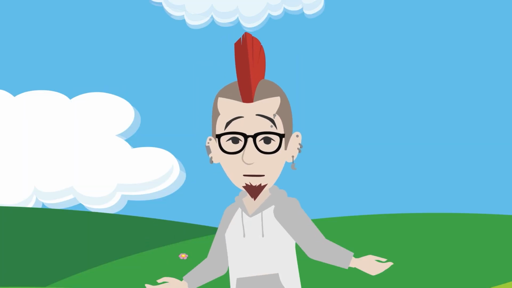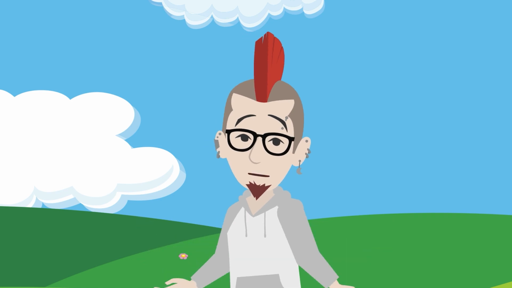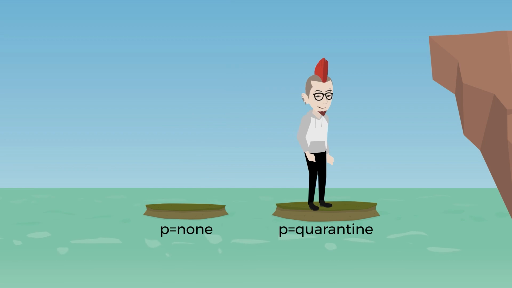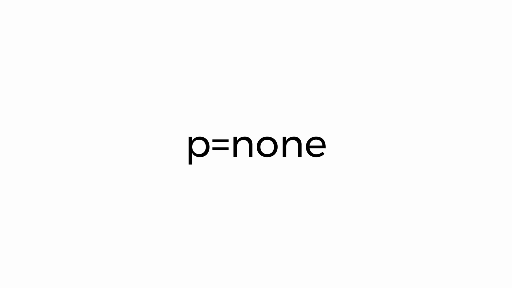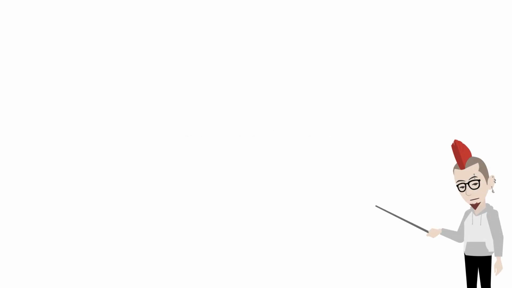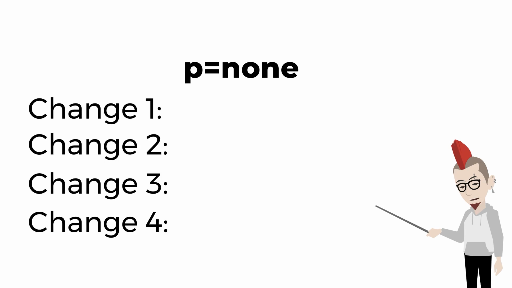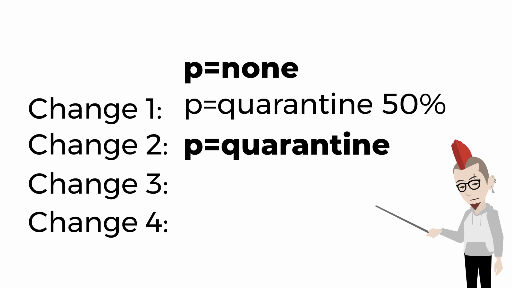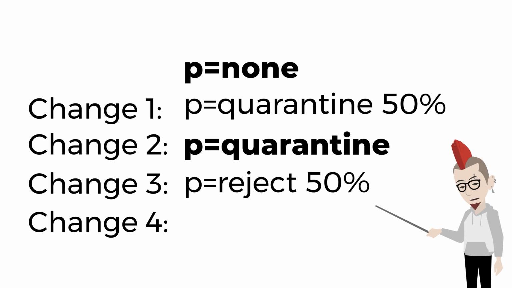With DMARC implementation, there are a few things to keep in mind. First of all, you don't want to jump too harshly from one policy directly to the next. Instead, you want to gradually transition into p=reject. This means that after publishing your first DMARC record with p=none, you still need to make an average of 4 changes per domain before you reach that final destination. As an example, your stages could look like this: quarantine 50%, quarantine, reject 50%, and finally reject.